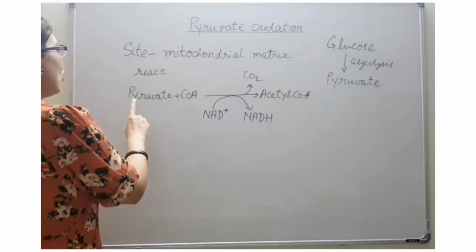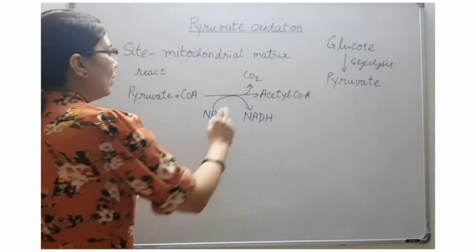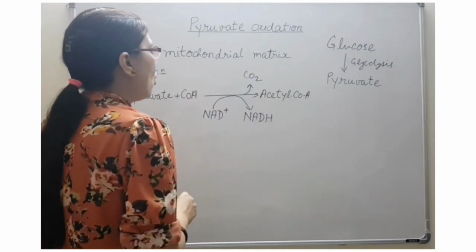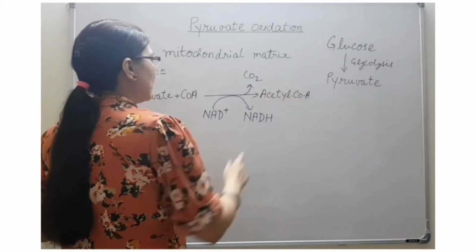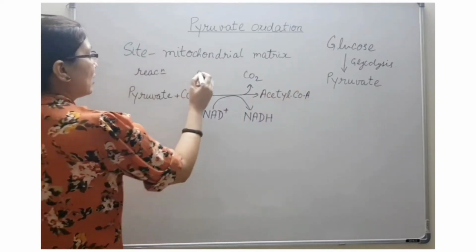So the 2 carbon of the pyruvate gives the acetyl part of acetyl coenzyme A, and this reaction is catalyzed